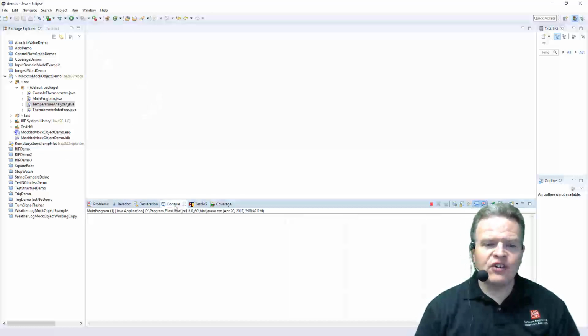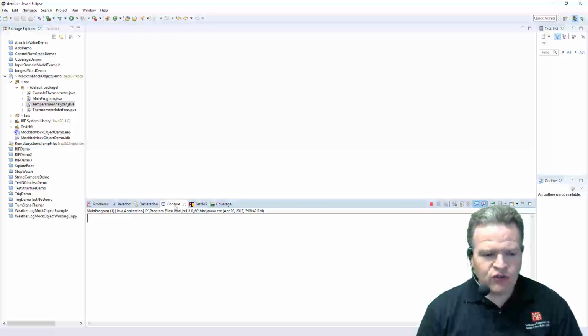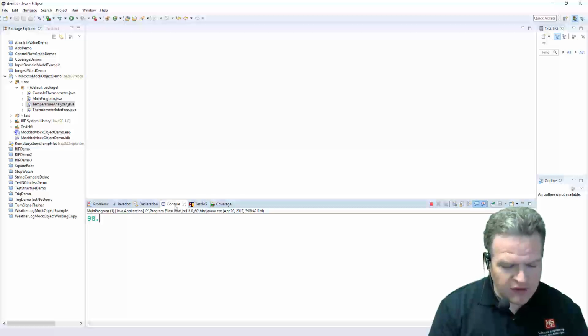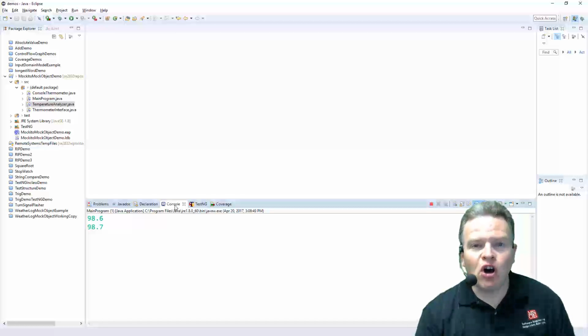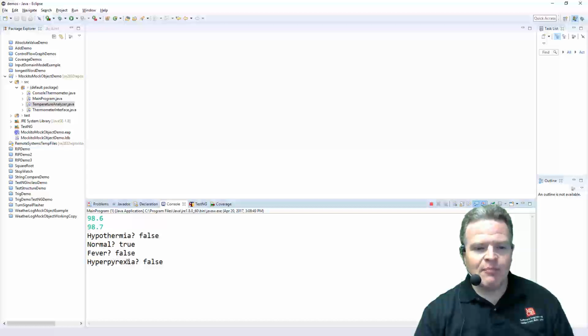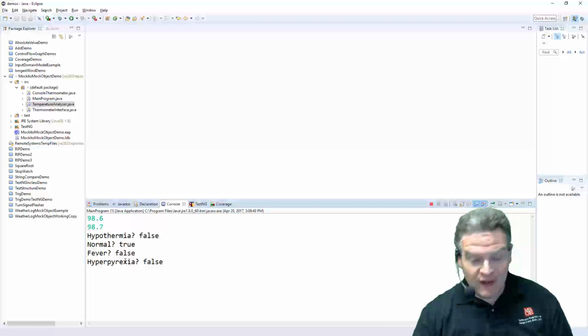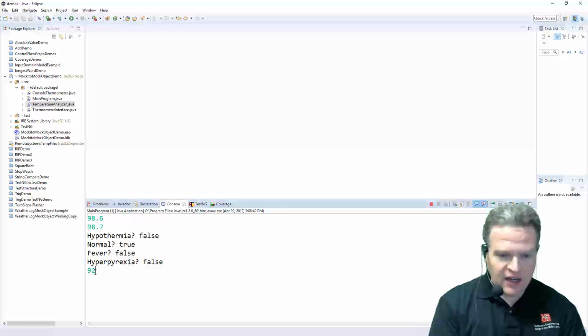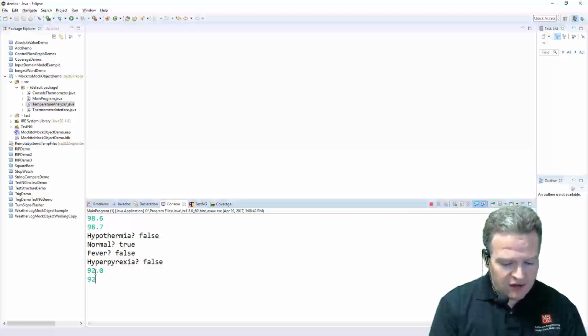The program, as it is running, has the user type in two temperatures. So, 98.6 and 98.7. Pretty much what we would call the normal range for temperatures. And what it does is it diagnoses us as not being hypothermia, being normal, not having a fever, and not having hyperpyrexia. This is basically a very, very high fever. So everything is good. Now, if we had something like 92.0 and 92.0,